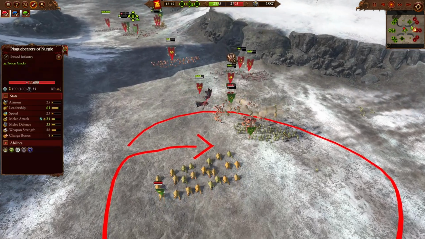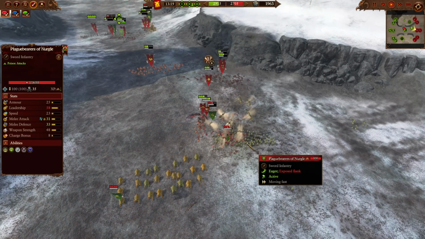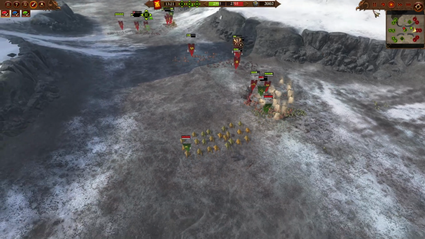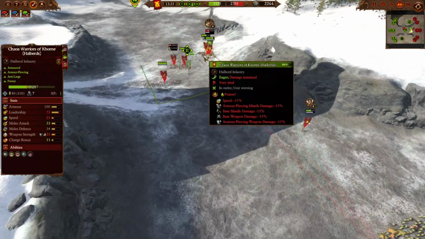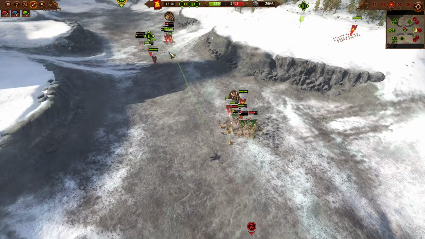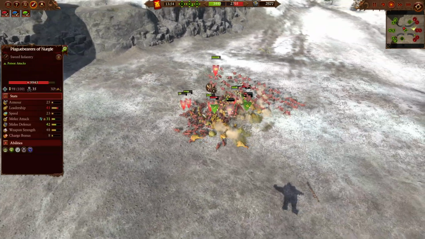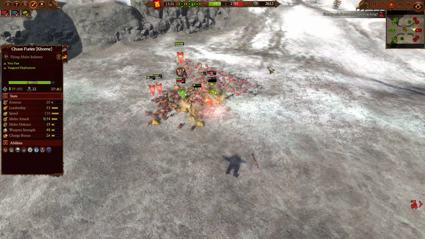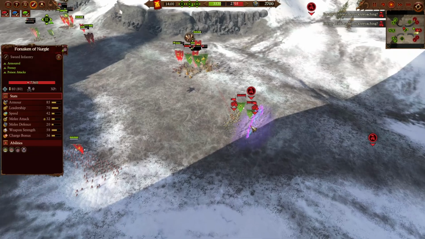And now with all these units basically surrounding the Plague Drones and Plague Bearers in combat, my opponent simply does not have any way to support the fight in the middle. The Cultists of Khorne and the Chaos Warriors with Khornate Halberds will slowly grind down Plaguefather, while in the middle we have the Flesh Hounds and Warhounds surrounding the Plague Bearers and the Rot Flies, even the Furies here,